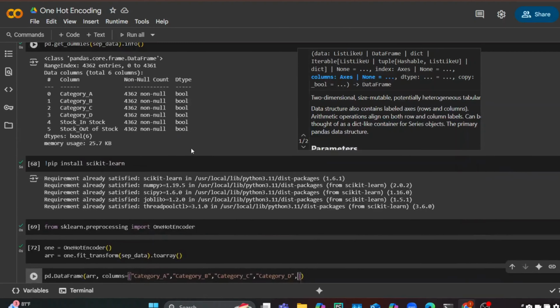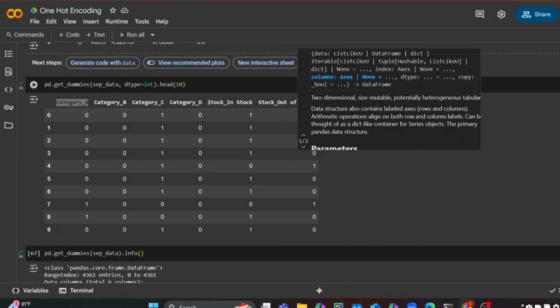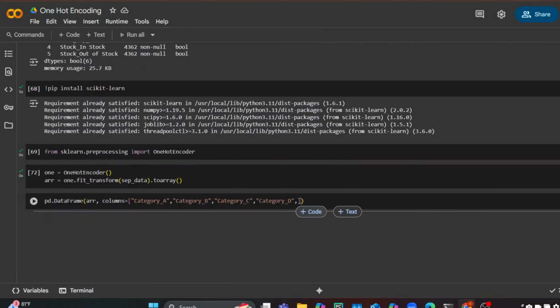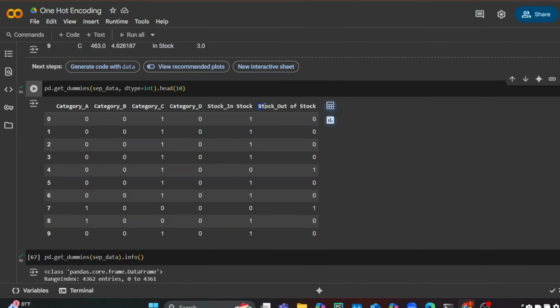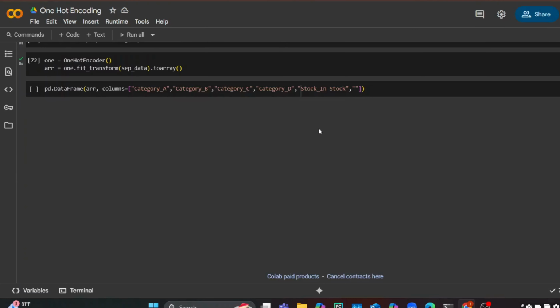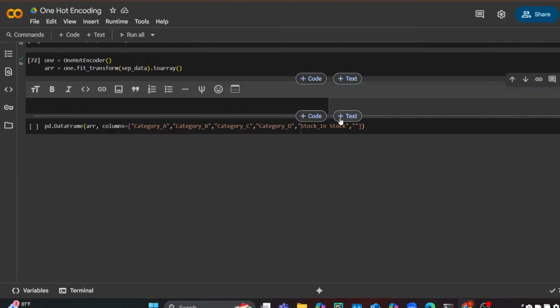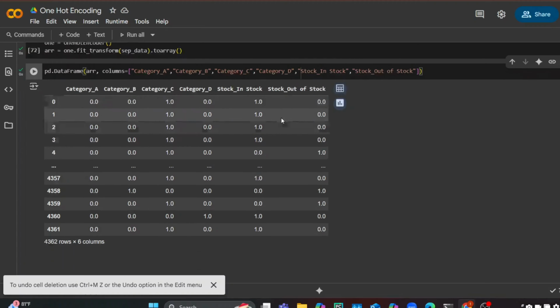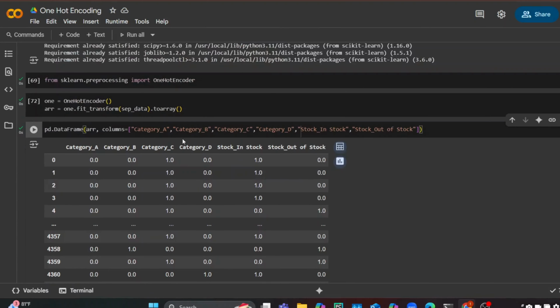The rest 2 columns that are in usage are stock in, stock, and stock out of stock. So I will copy it here, paste it. Again, we will copy this one and we will paste it over here again. Okay, sorry. Alright, this is done. And now when we run it, now we can see that this have been converted into